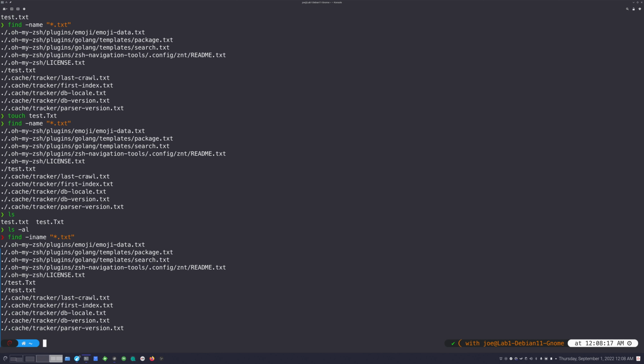So you can see here now we're finding everything regardless of the case that it has. So that will allow you to broaden your find search to things that are insensitive to the case of the text. Now, typically I will always roll case insensitive. So if you're watching me do stuff, if I use the find command, I'll usually use it with iname or ipath or whatever, because I prefer to have it insensitive at first, and then if I want to narrow the scope, I'll take the i off, but generally speaking, I roll insensitive.